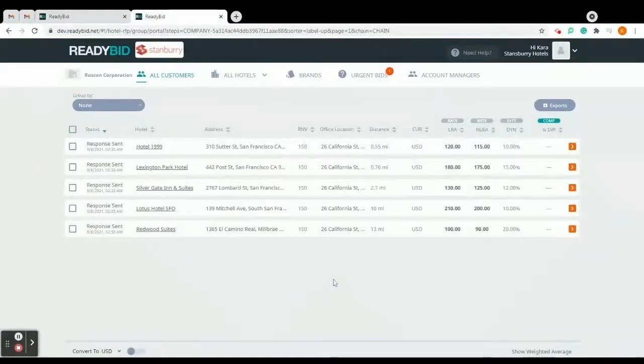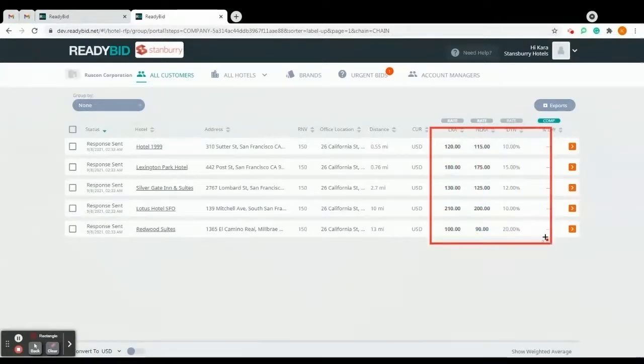Alright, so at this point of the process, many ask, how do I know if the buyer is seeing my rates? Well, one way for sure is your bid manager screen right here. Once the rates appear here after you hit send, then 99.9% of the time the buyer sees these too on their own bid manager screen almost immediately. And the second way is after you hit send, a notification email will be immediately and automatically sent to them, letting them know about your responses.